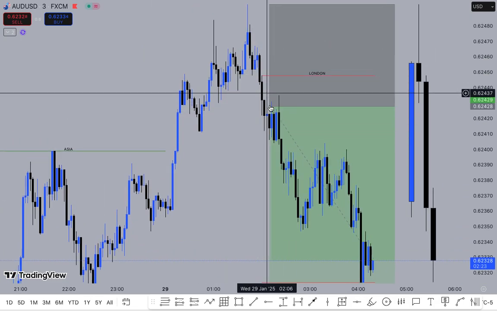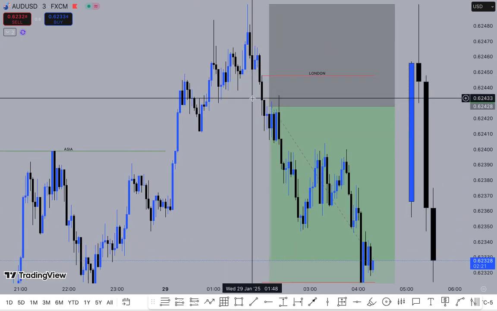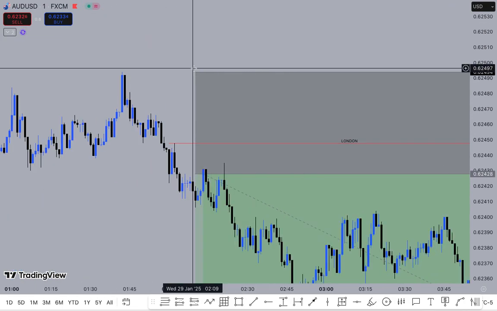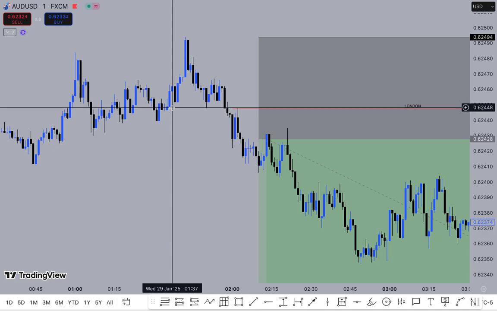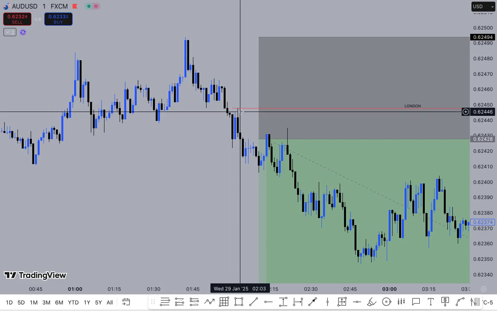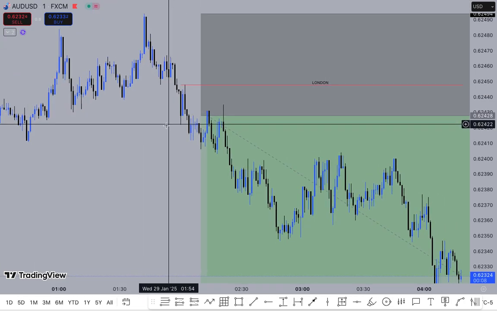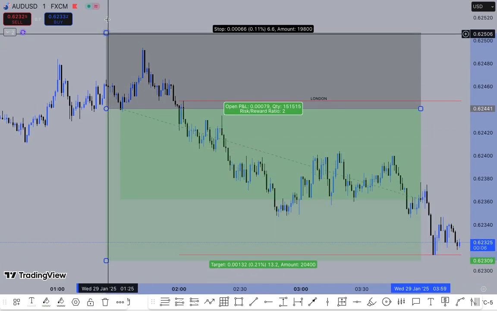So people would have entered the trade here, or even on the 1 minute, people would have been a little bit more aggressive. And you can see, like here, you've had a market structure shift. Let's say people would take an entry here, or take an entry here, still like we did. But their stops would have been a little bit lower in terms of,